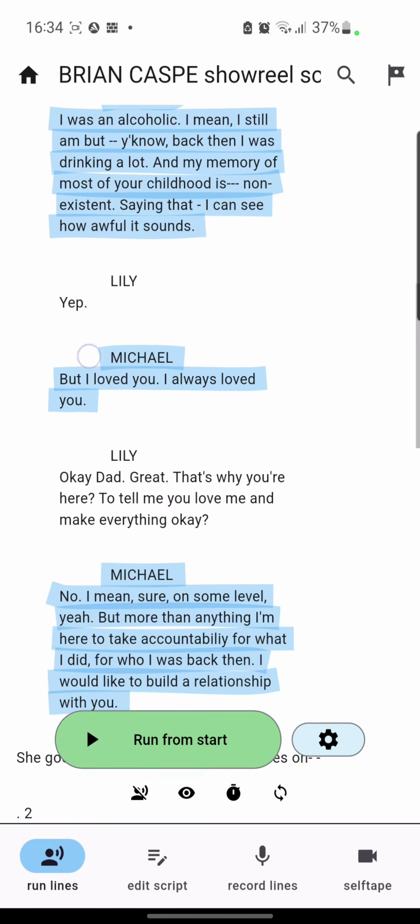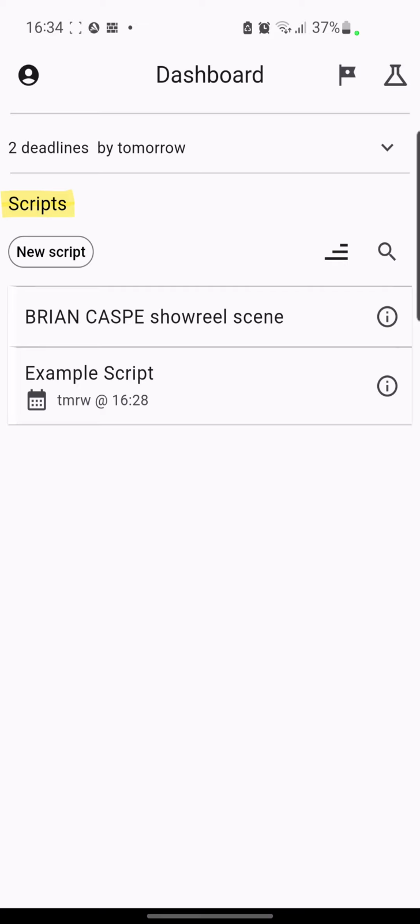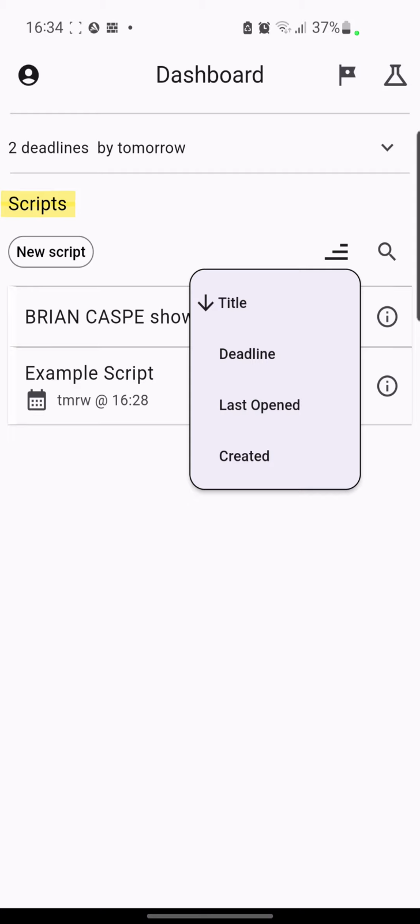And that's basically how fast it takes to import a new script. And obviously, that was a 2-page script, so it didn't take very long to process it. But if it was a longer script, it would take a little bit longer. But now I have a new script on my script list, and I can actually organize these scripts however I